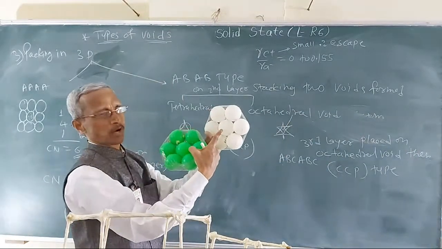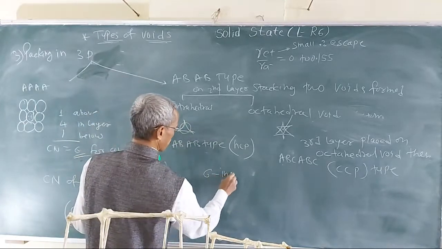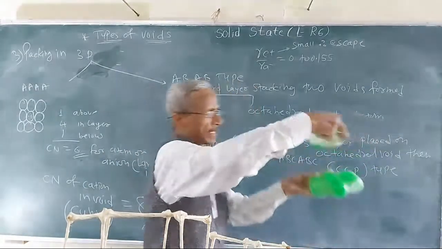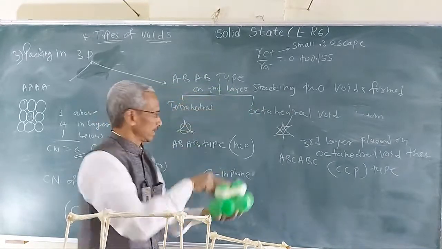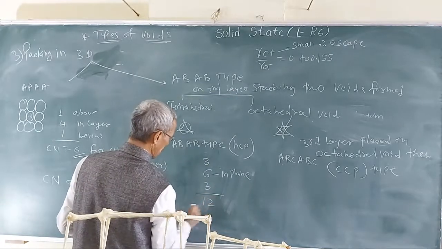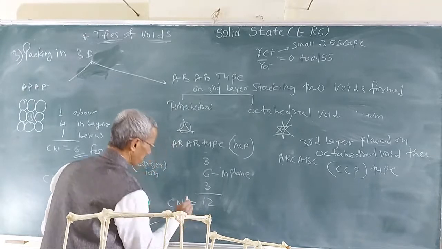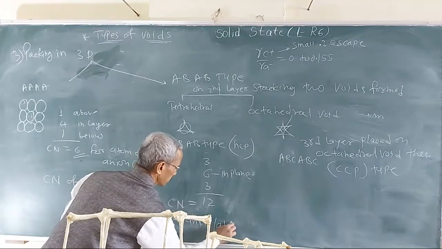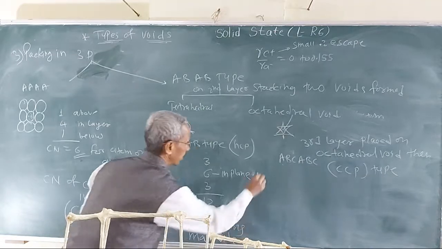below central atom or ion surrounded by 6, so in one plane there are 6 in plane, and if you put one layer here, so again that atom is surrounded by 3 above and 3 below. So total there will be 12. So coordination number is equal to 12 for the main atoms or anions. Main side, main side, main side. But what is about the